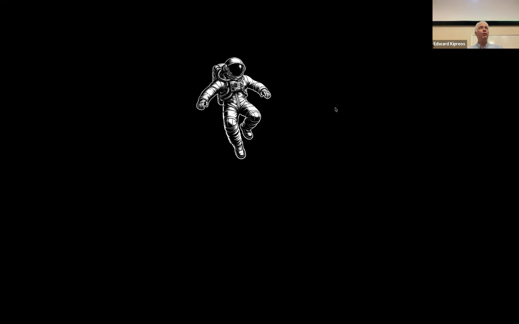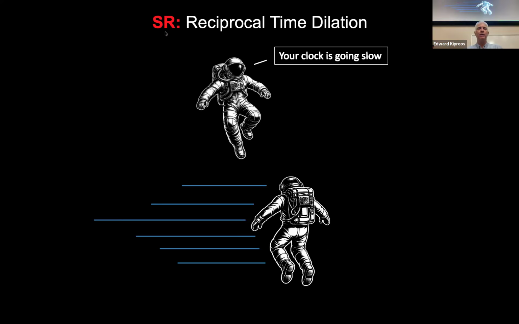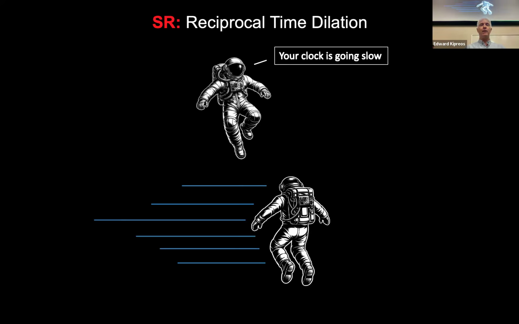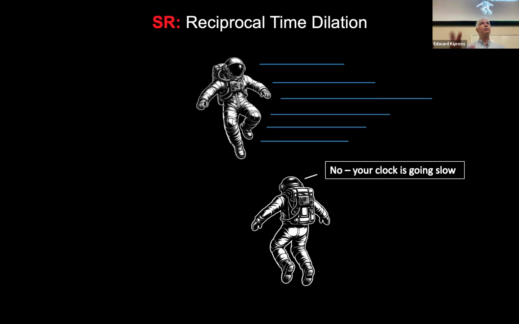Here's a spaceman floating in the middle of space. And if we look at special relativity, if another spaceman is whizzing by him to the right, this spaceman's going to go, whoa, your clock is going slow. But in special relativity, everybody in an inertial reference frame can consider that they're at rest. And so this spaceman thinks he's at rest, and this other spaceman is going by in the other direction very fast. And he goes, no, your clock is going slow. So there's a disconnect. This person thinks this spaceman's clock is going slow, and he's saying, no, your clock is going slow. So that's reciprocal time dilation for special relativity.